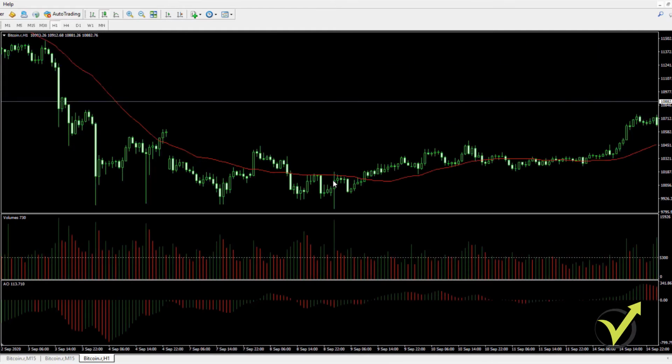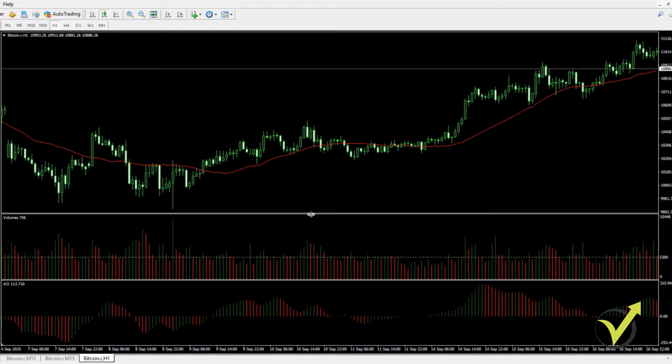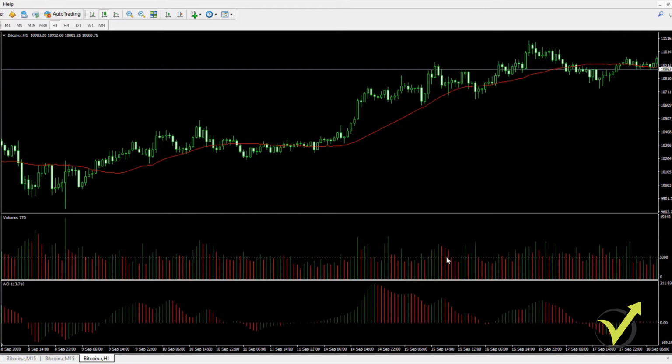So let me go back through the chart, and now we are on H1. Make sure you follow the first 2 strategies on M15, and the third one is on H1 chart. And I will try to see some examples with confirmations, and as well I will try to see some examples of losing trades, because with every strategy we have losing trades as well.